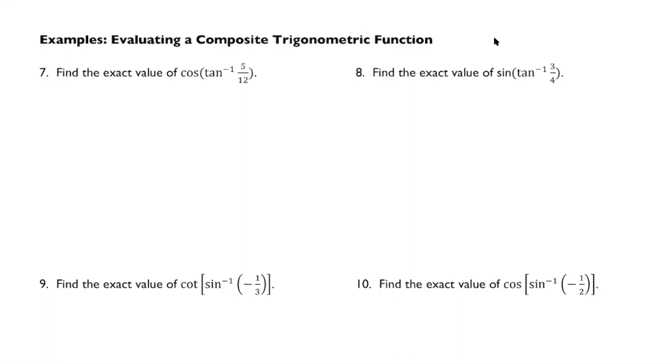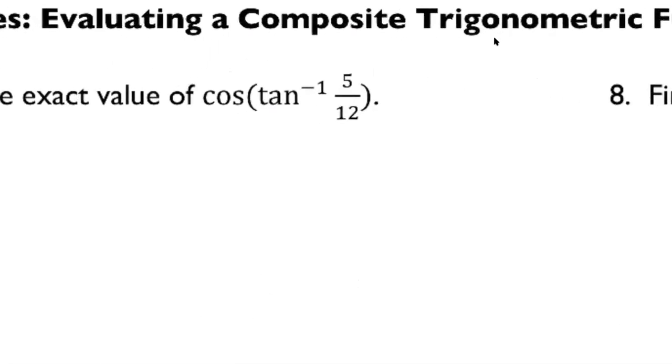When we mix the functions together, obviously cosine is not going to undo a tangent inverse, but we can still evaluate these composition of functions. And what we're going to do is we're going to use our right triangles to set this up. So for number 7, it says, find the exact value of the cosine of the tangent inverse of 5/12. So the first thing that we are looking at